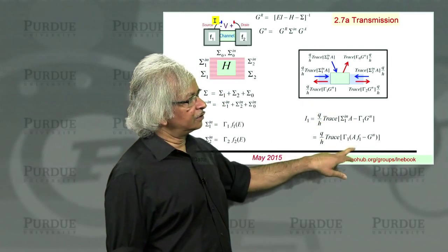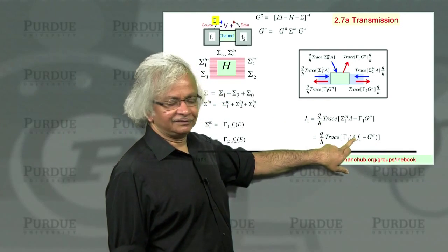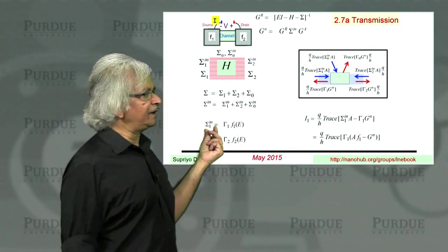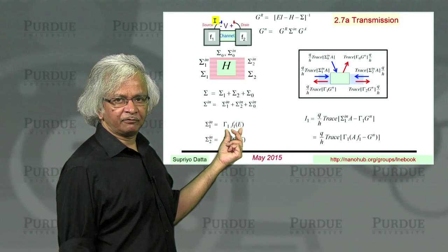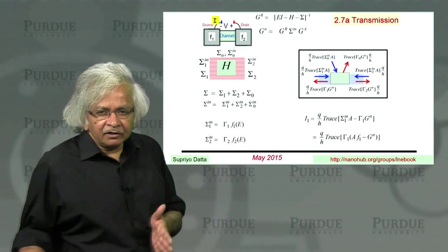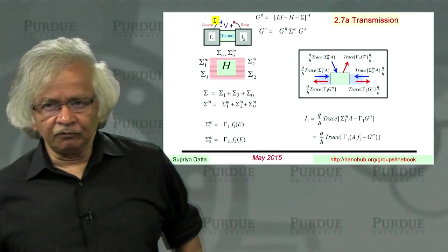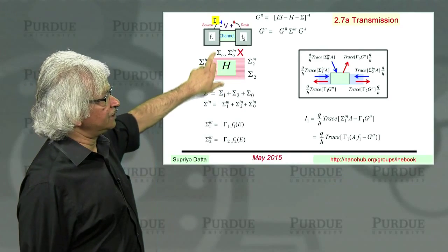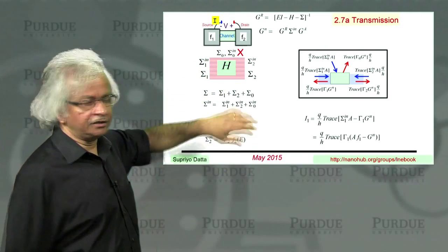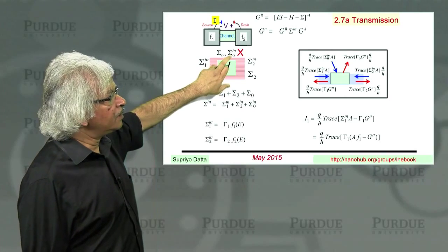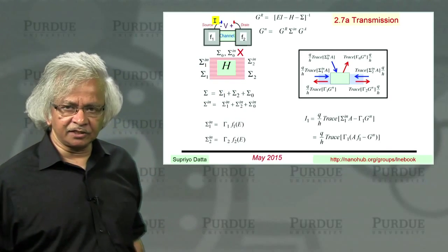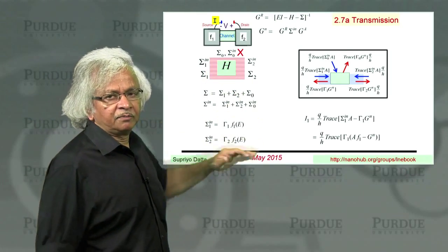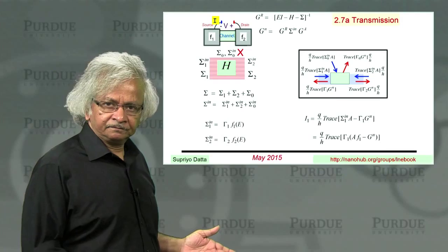Now this, though, is not generally true. This is the one that is generally true. This is only true when sigma n1 is equal to gamma 1 times F1. And when is this true? Well, whenever your contact is actually described by a Fermi function. So for example, I've stressed the importance of including this sigma 0, and later in this unit we'll talk about it more, which describes the interaction with the surroundings. And that in general would not be described by a Fermi function.